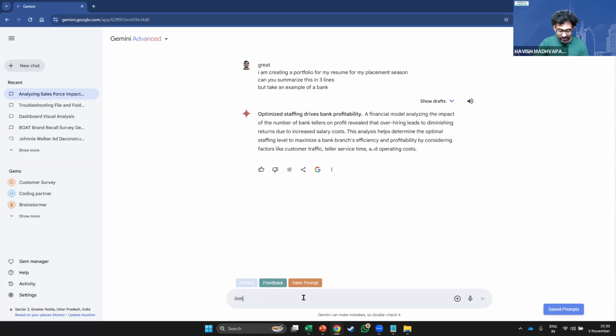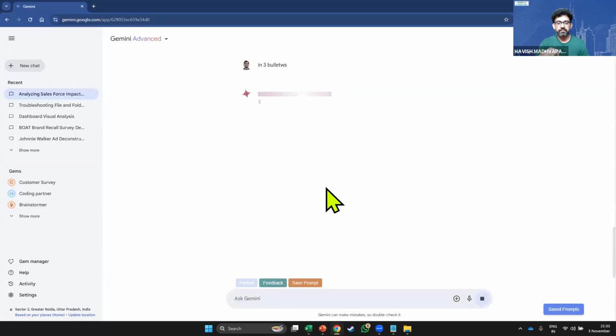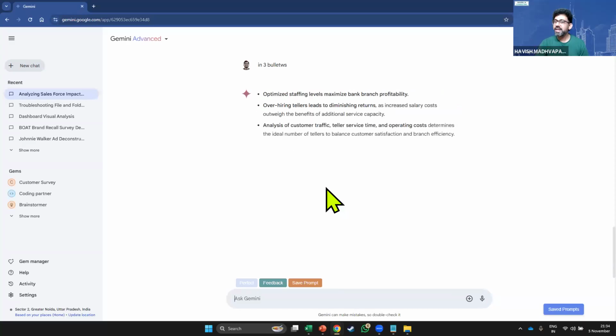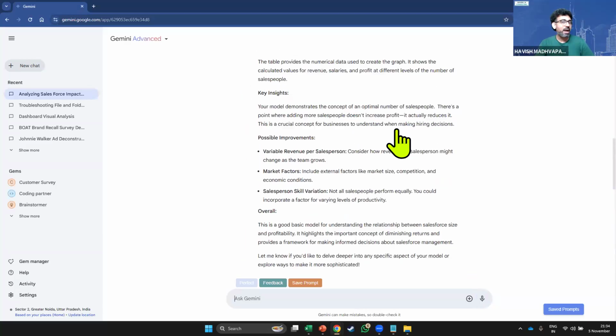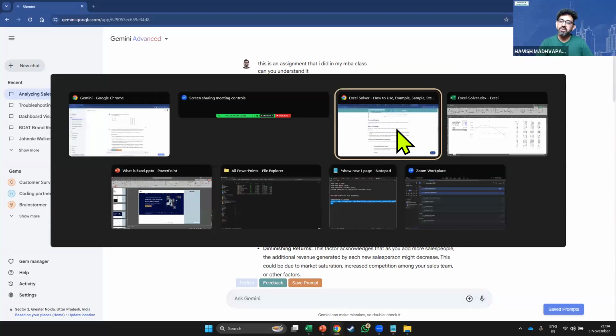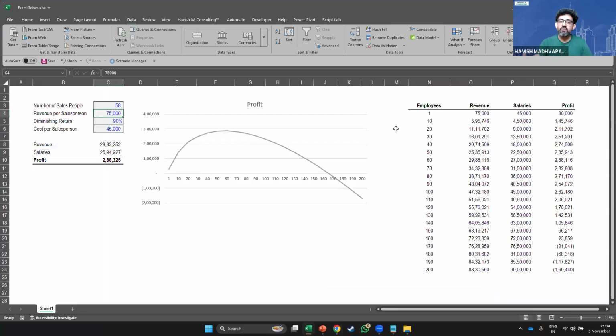For example, if I say that I want in 3 bullets, it will make like this. Like the customer story that I created, 3 problems, 3 solutions. So yeah, that's how I would have, if I was a student, again, this is how I would have gone about it, and have the file with you. You don't know when you will get the opportunity to show the file to someone.